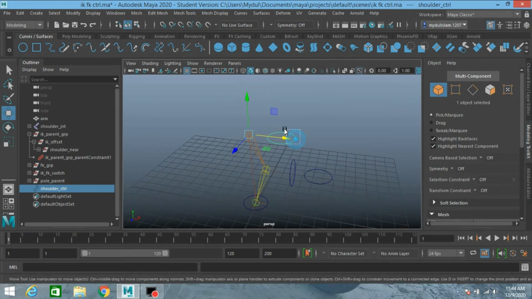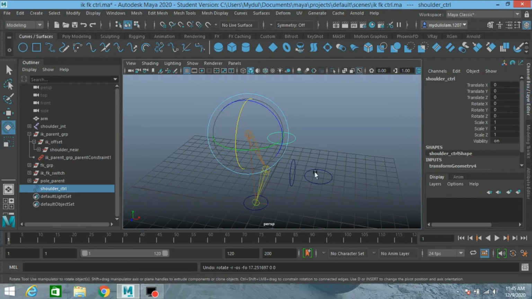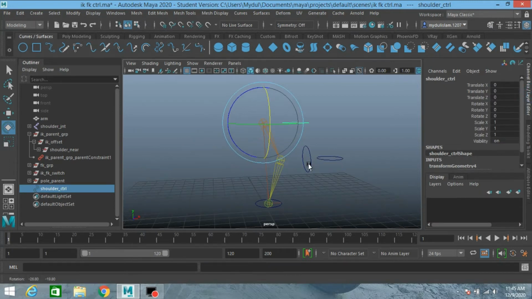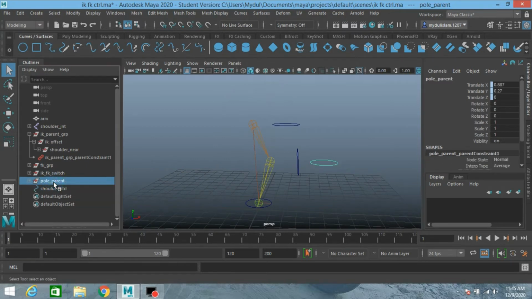Now select the shoulder controller, rotate and see. See, it is rotating along with the shoulder controller. Ctrl plus Z to undo. Now select the pole vector parent group.